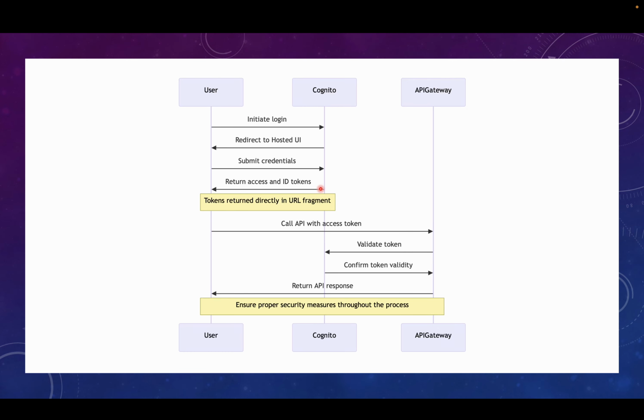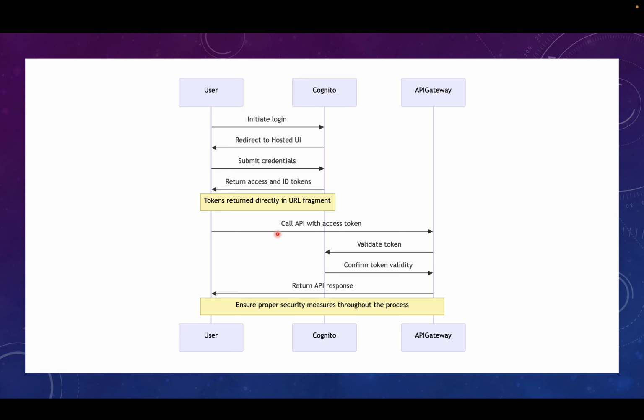These tokens are returned to the user's browser in the URL fragment. Tokens are returned directly in the URL fragment. This means that the tokens are embedded in the URL, but it is essential to securely handle this data to prevent exposure. And then we call the API with the access token after receiving the token, but actually it is the ID token,